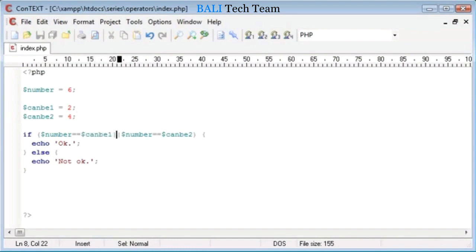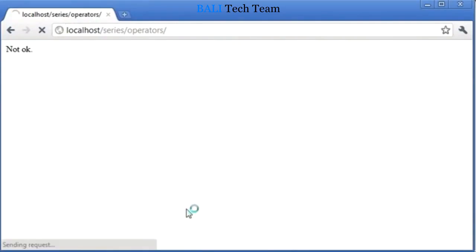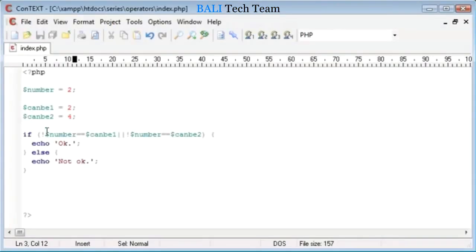Now what we can do is change this whole thing around, and I can say not. We use this exclamation mark to say not. So if this is not true, or this isn't true, then it's okay. So at the moment this isn't true, or this isn't true, so it is okay. Oh, sorry. Yeah, so it's 2. So if the number doesn't equal, then it's not true. So refresh, and oh, maybe we need to okay, so yeah, obviously